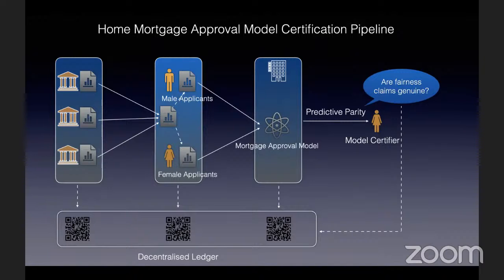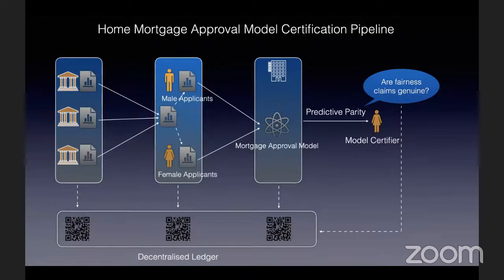So the data owners whose data is being used, so let's say there's a benchmark, there will be some benchmark data sets on which this fairness is to be shown. So this benchmark data set is created using, let's say, some reputed data sets on loan applications, right? Maybe from major banks which process loans. And then it's shown that the model achieves some fairness metric like predictive parity on both male and female applicants.